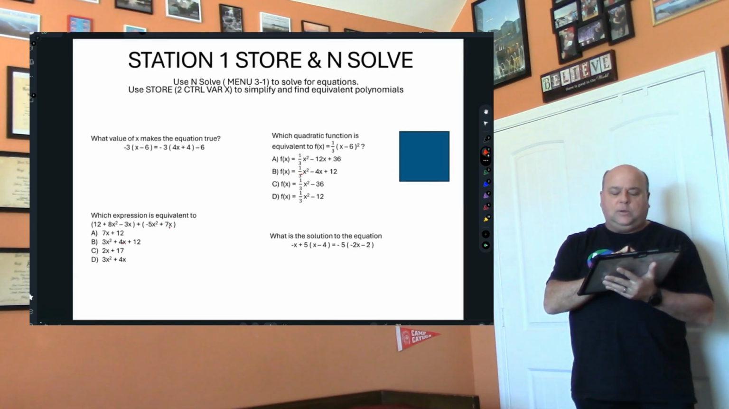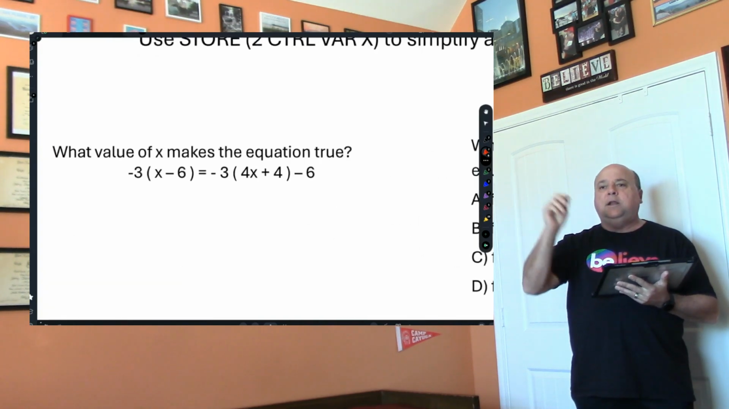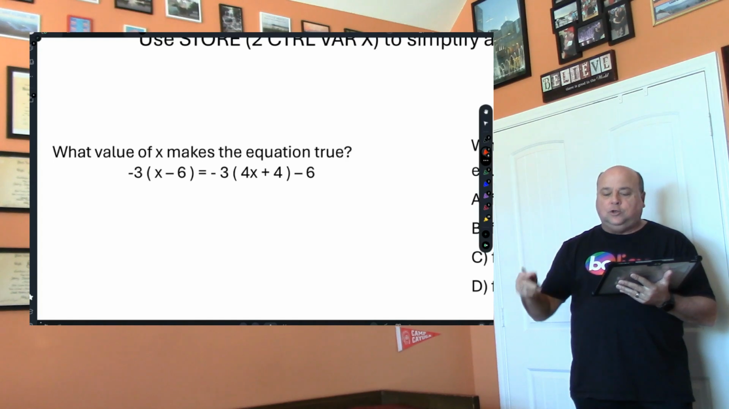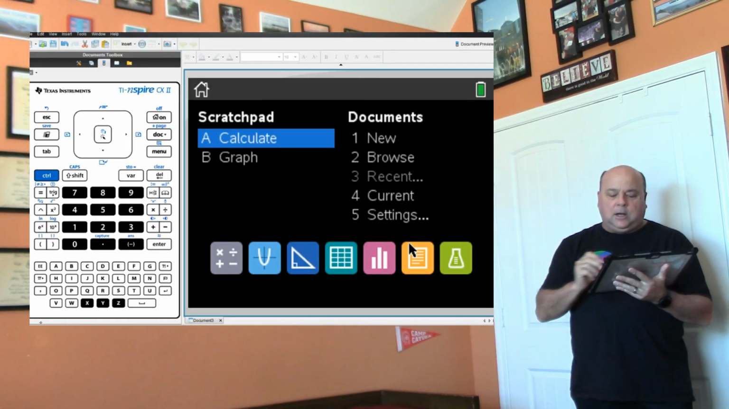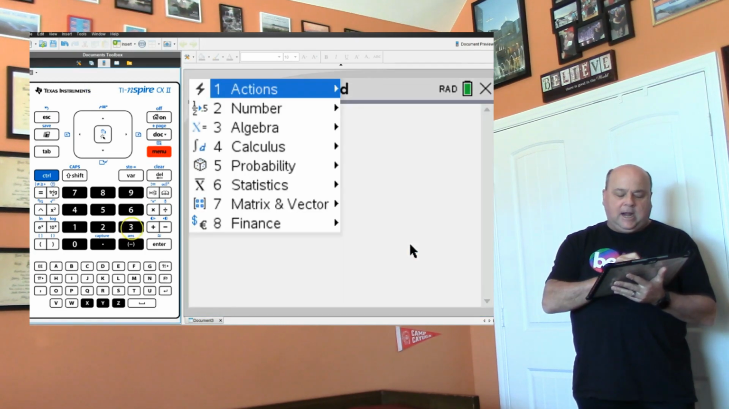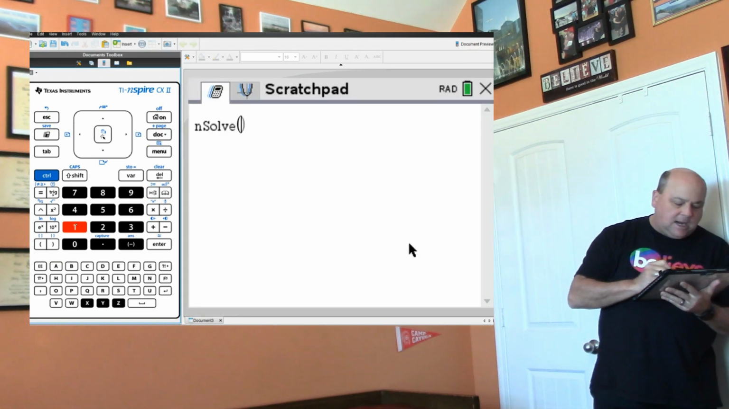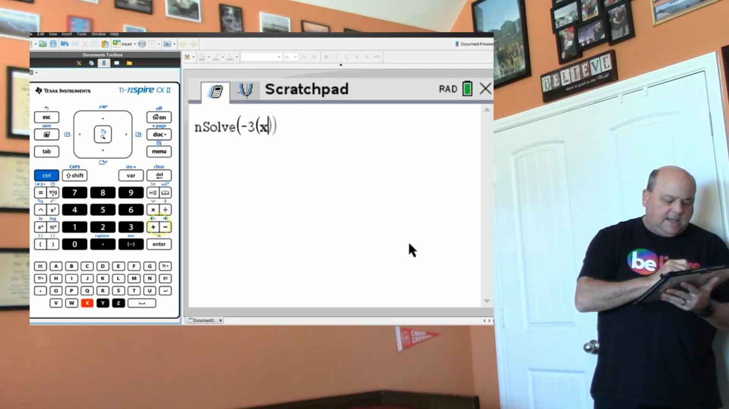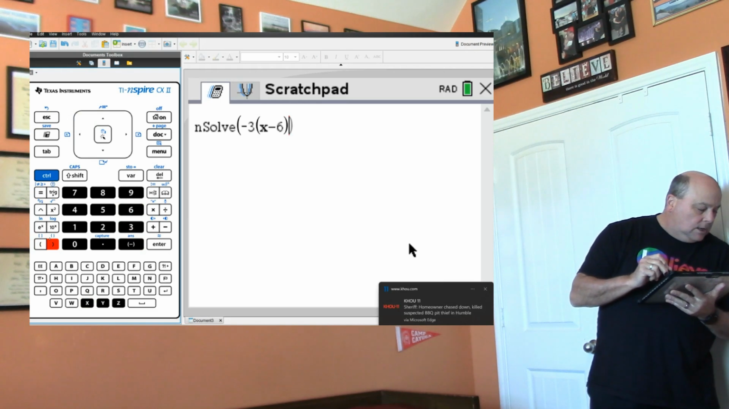So let's look at three examples here. On this problem, we want to know the value that makes this equation true. We're going to use insolve for this. So I'm going to go to my calculator, go to calculate, and hit menu, algebra is 3, and then 1 is numerical solve. Now I'm going to type in the problem: -3, parentheses, x minus 6, close parentheses, and then equals,